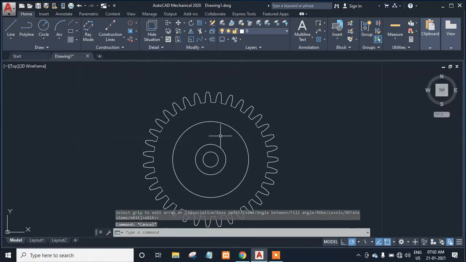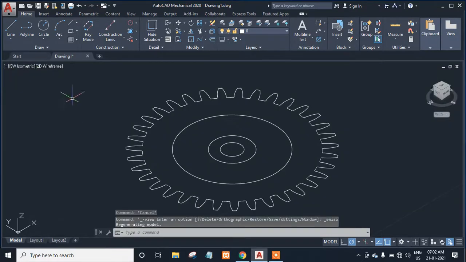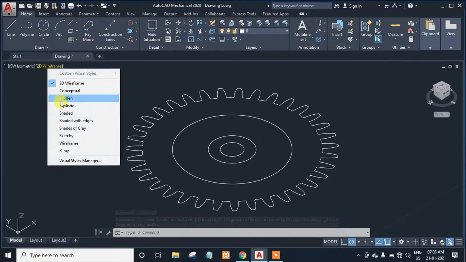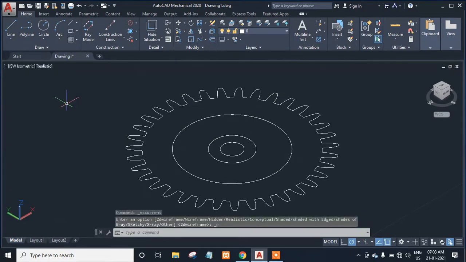2D isometric view, okay, SW isometric, okay, and now we'll use the realistic view, or shaded with haze or gray, no, realistic view, and we have to use one command, that is the press pull command.